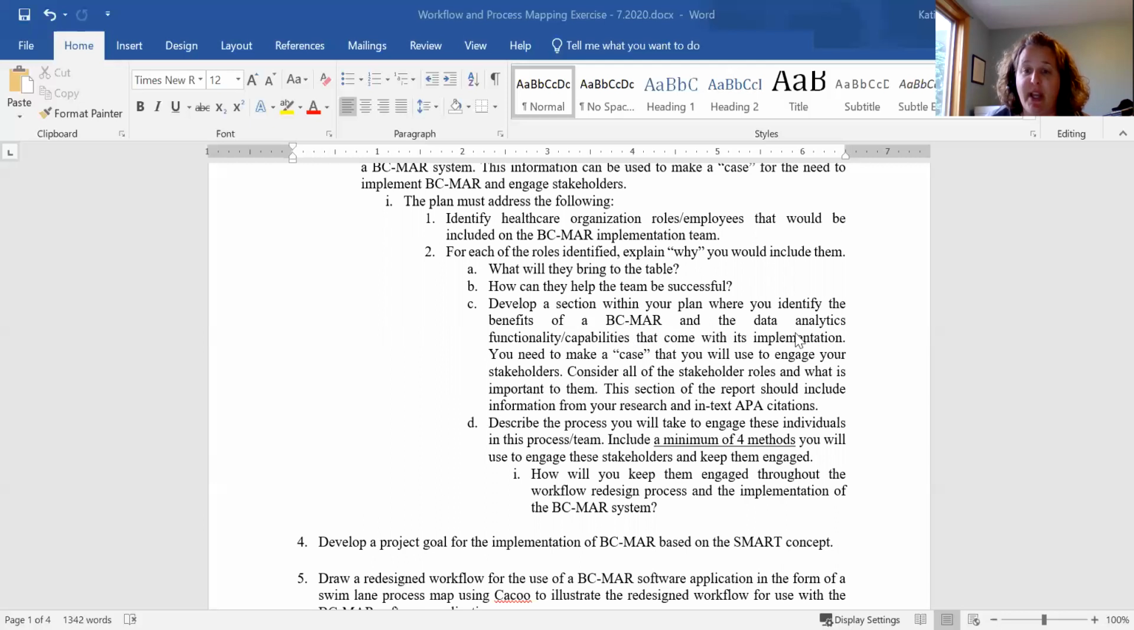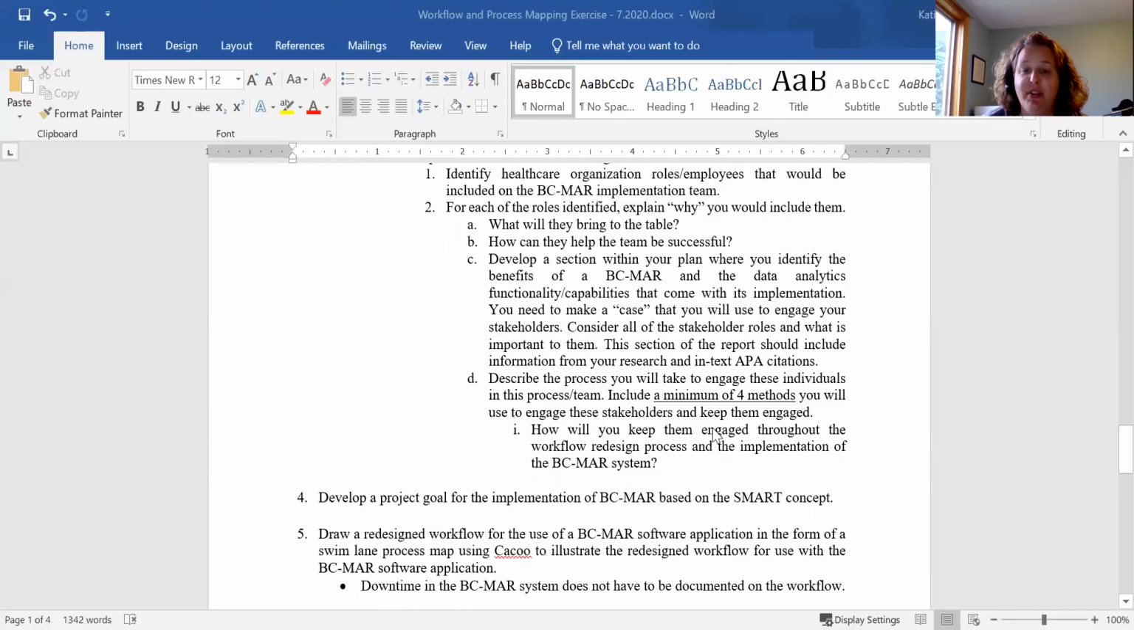You're going to develop a section within your plan where you specifically identify the benefits of BCMAR and the data analytics functionality capabilities that come with its implementation. And you need to make a case that you will use to engage those stakeholders, right? Consider all the stakeholder roles and what is important to each of them. Okay, so if you're a nurse, what is the most important thing for you when you're passing a med and performing the medication administration? Okay, also describe the process you will take to engage those individuals in the process,